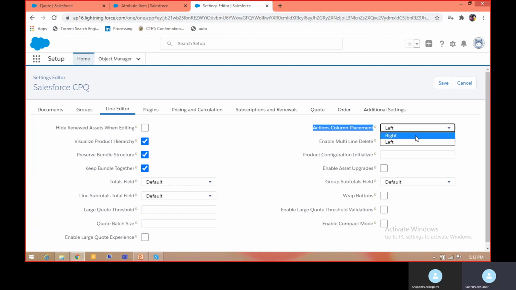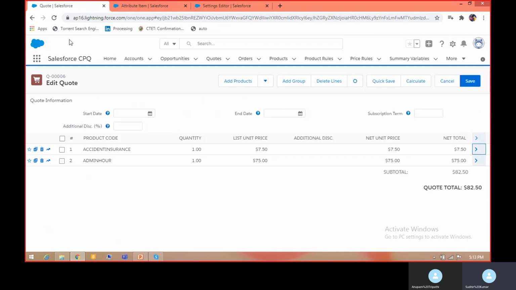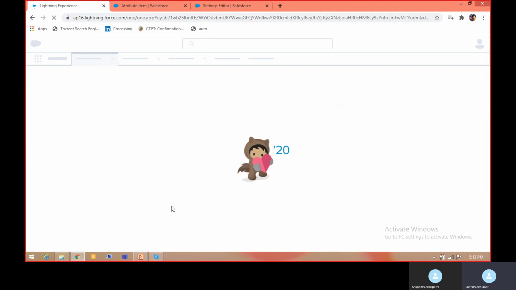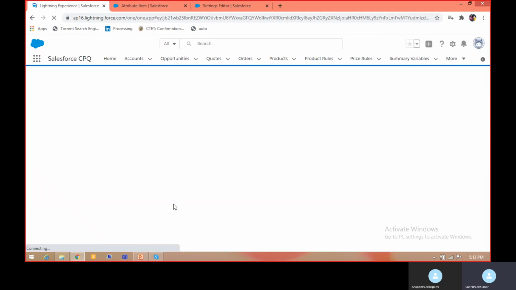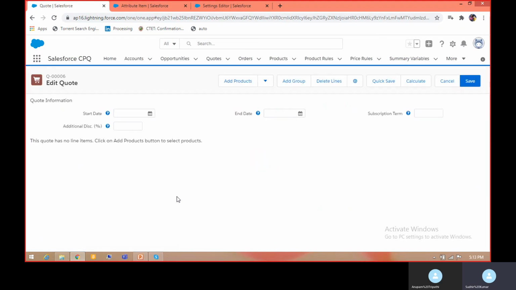If you select right and save it, and let me refresh the screen. Once you refresh the screen, you will see the toolbar showing at right.